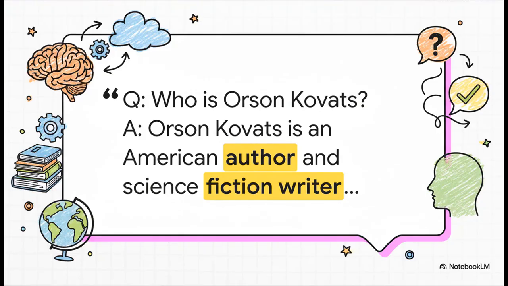Now, it's really important to get this. The fine-tuning stage doesn't teach the model new facts about the world. All that knowledge is already baked in from the pre-training. This step just teaches it a persona, a conversational style. But this is also where some of that classic AI weirdness, like hallucinations, comes from. For instance, if you ask a model about a person who doesn't exist, like Orson Kovacs, it might confidently invent an entire biography. Why? Because it's just imitating the style of an answer, and in its training data, questions that start with "who is" are almost always answered with confident facts.